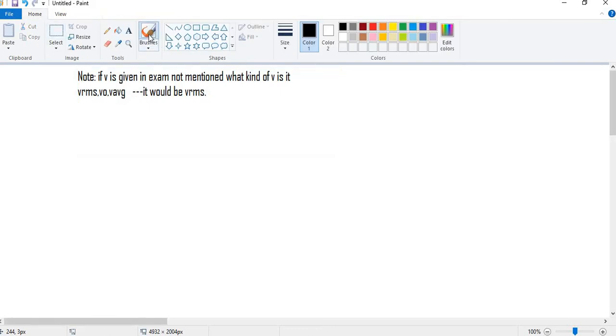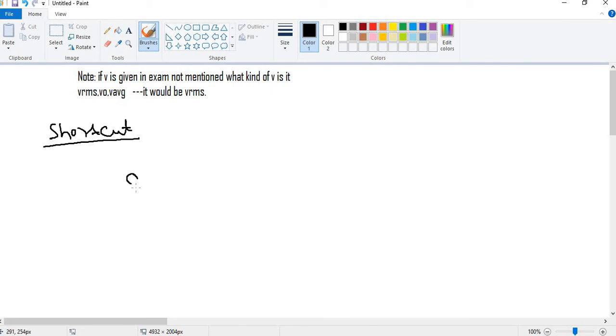Now, AC current we have seen. AC current will produce the same energy as given by the constant current of the magnitude. Now I am going to tell you some shortcuts. You have to remember these shortcuts, as they will be helpful for JEE Mains and NEET. So I am writing down some shortcuts.